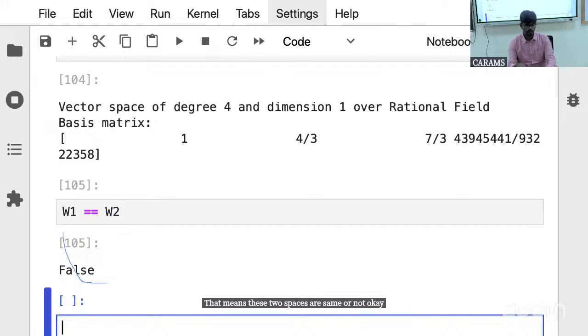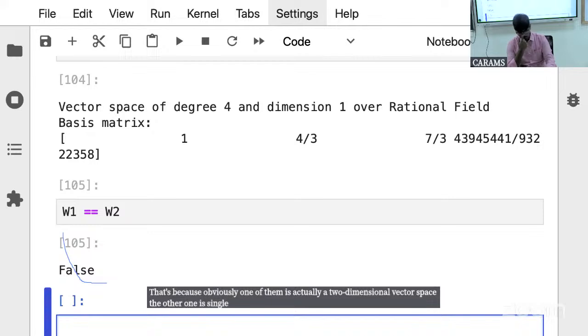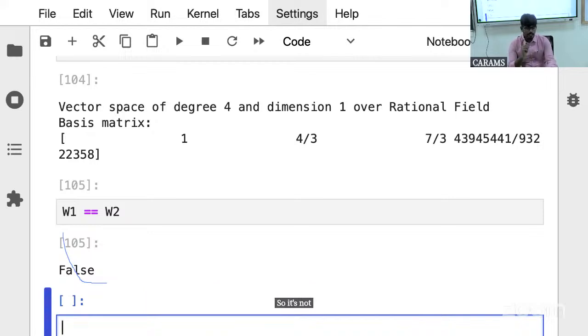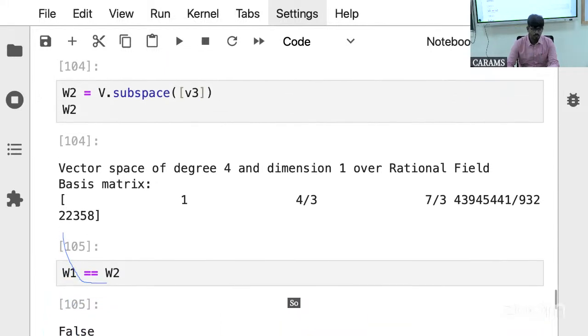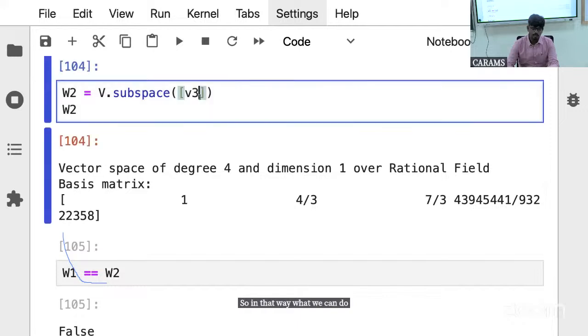So clearly that's false. That's because obviously one of them is a two-dimensional vector space, and the other one is a single-dimensional vector space. So it's not element-wise checking. It is actually checking whether the subspaces are really equal or not. Okay. So in that way, what I can do is I'll try generating a vector space, which is